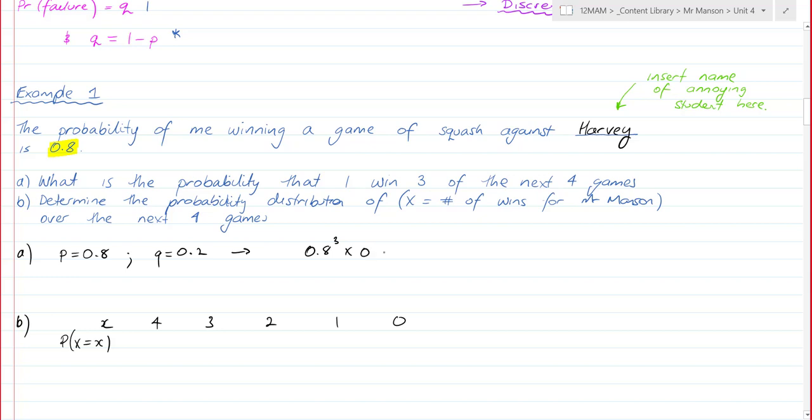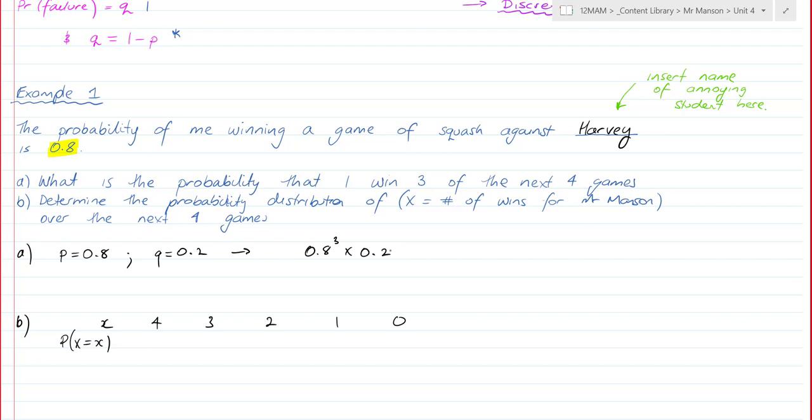If it's a 1-mark question, probably not, but anything more than that, I would be putting in every important piece of information because a lot is applied. So if you don't write down Q equals 0.2, but you use 0.2 later on, fine, you'll get the mark, but not always. So I would be writing down every important thing. So hopefully you can all see here that my probability of 3 wins, 3 with the probability of 1